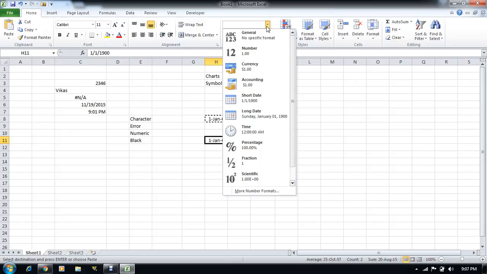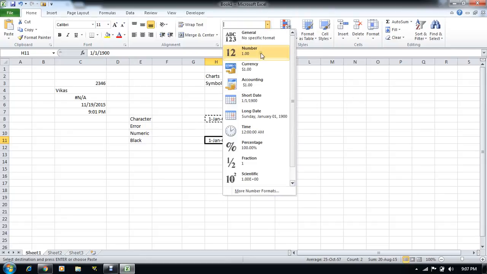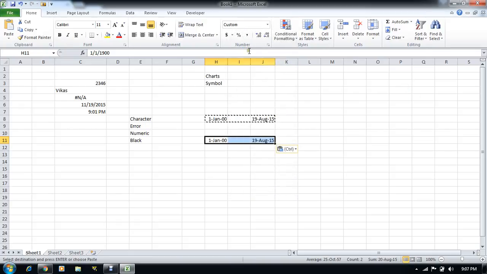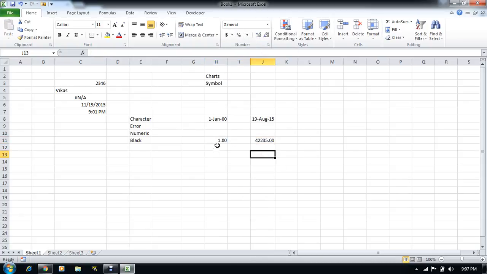you can change those date values to a number from the Home ribbon, in the Number format. Just change this to number. You can see here, when we added 1st Jan 1900, it is 1, and this 19th August 2015 is the number of days from that date.